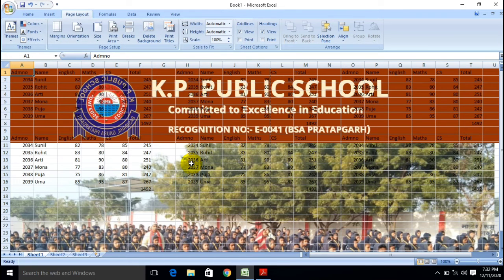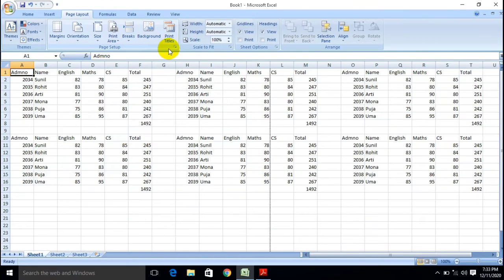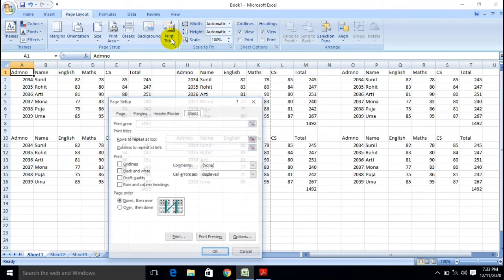And you can see that behind your Excel sheet, the picture is highlighted, which we have taken from the KP Public School website. So by using this option, you can insert a background image in your Excel sheet, and easily delete it from the same option, delete background, and you can see that your Excel sheet becomes normal. And print title, if you want to